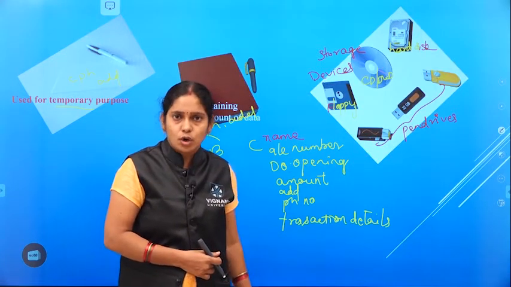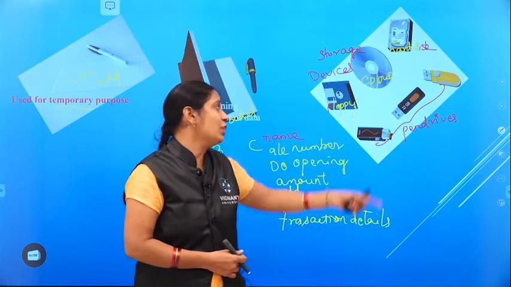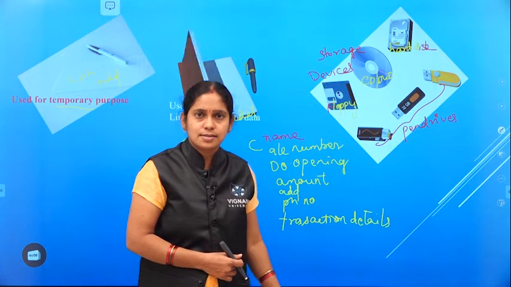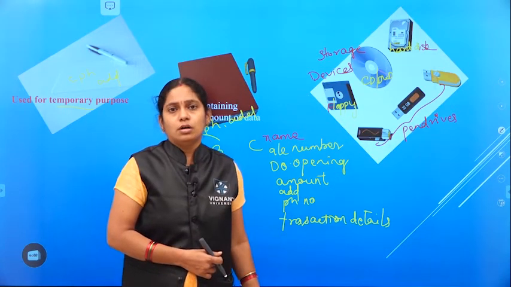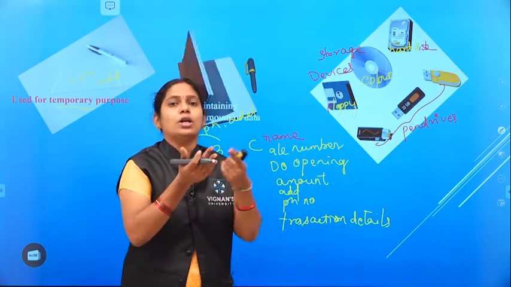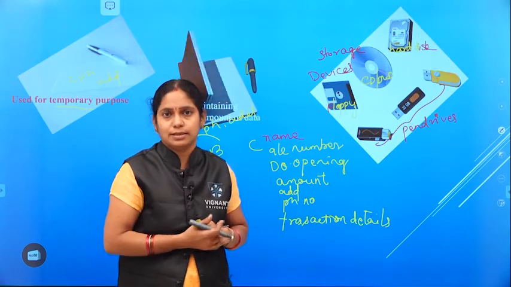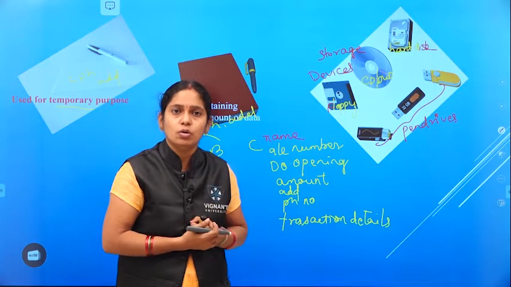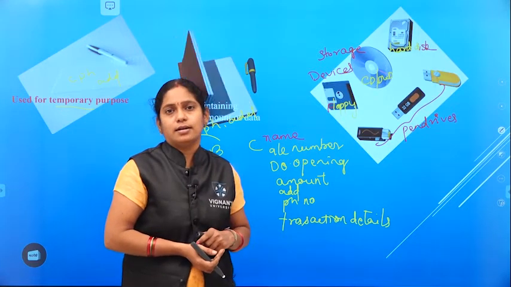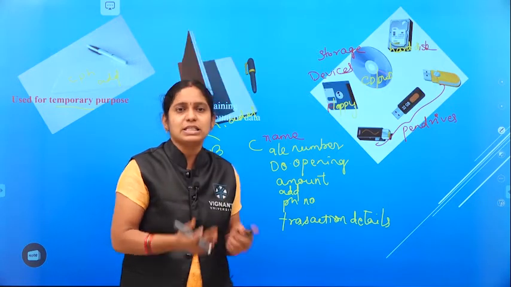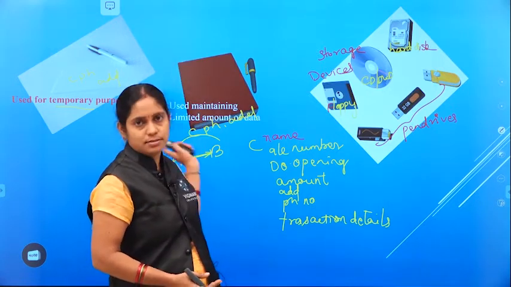Coming to these devices, can we store all such information in a pen drive? Does that size support it? Or can we copy it in a DVD? Or in a hard disk? No. The size of this is more than that. The size of that is more than that. So, what will we do? We prefer the next storage device which has much more space compared to all these.